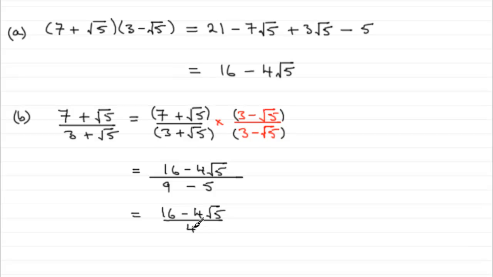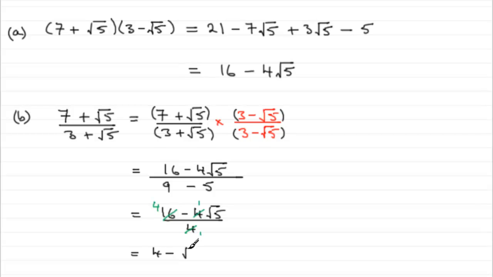And because 4 is a common factor of the top, we can divide this 4 into each of these terms. You can't just go and divide it in one of the terms. You must make sure it divides in both of those, and it does. So we could cancel this out as 4 into 4 goes 1, goes into that one 4 times, and it goes into that term once. So we end up with 4